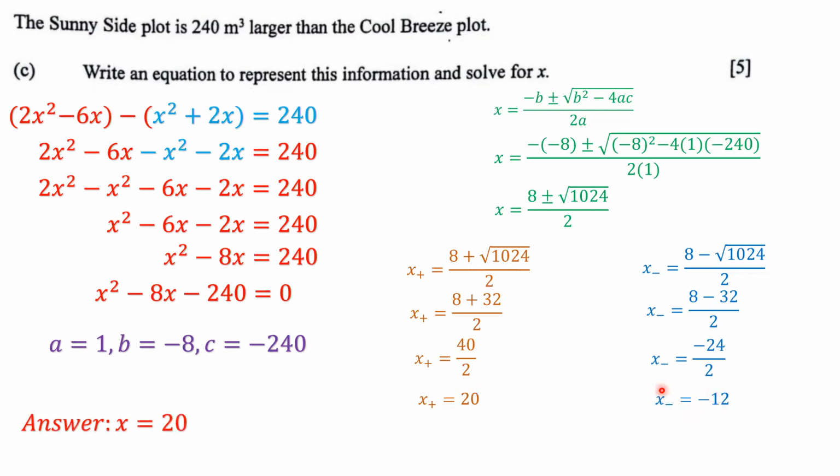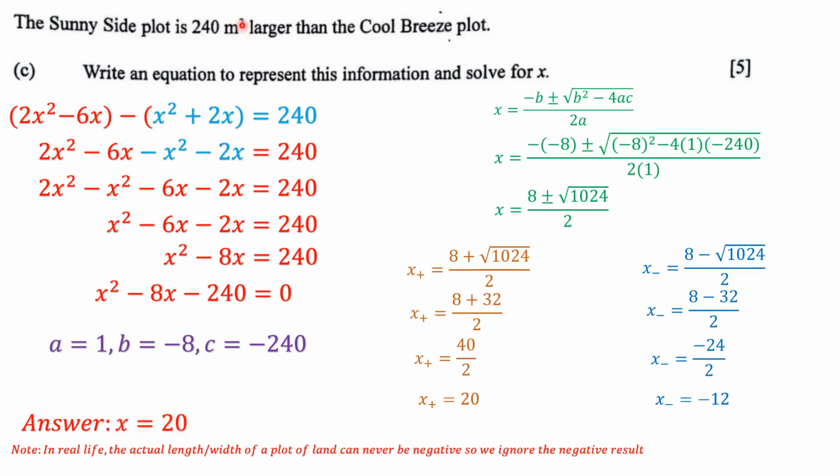So those are the values that satisfy this equation. But in real life, the actual length or width of a plot of land can never be negative. So we have to ignore the negative result. So we ignore this result, the -12, and so our answer for x is going to be +20, because we're